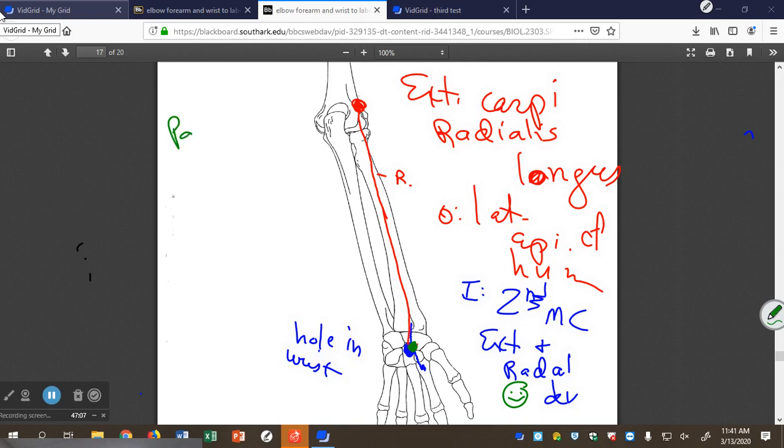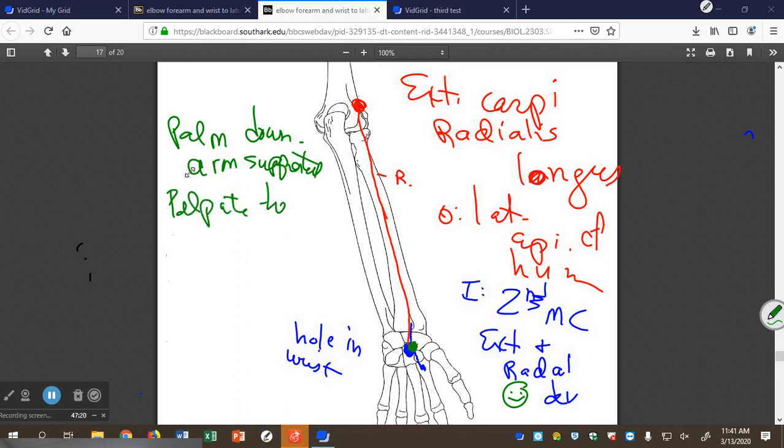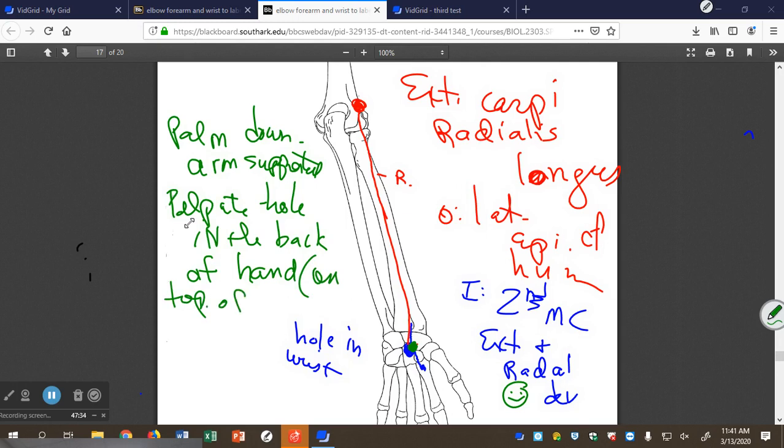So, palm down, arms supported. Okay, I want you to palpate the hole in the back of your wrist or hand. Okay, and that hole is on top of the capitate bone. You ought to be able to find it pretty easily. Just keep your hand flat. Follow the second metacarpal down to where the wrinkles in your wrist are and press, and you'll find a nice